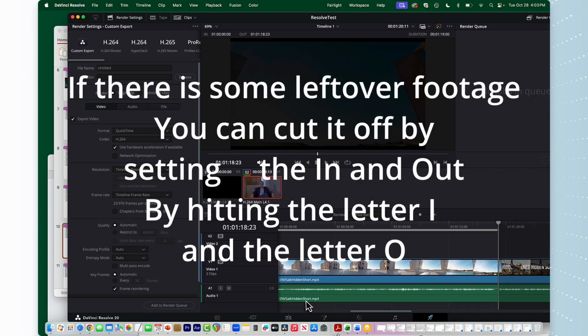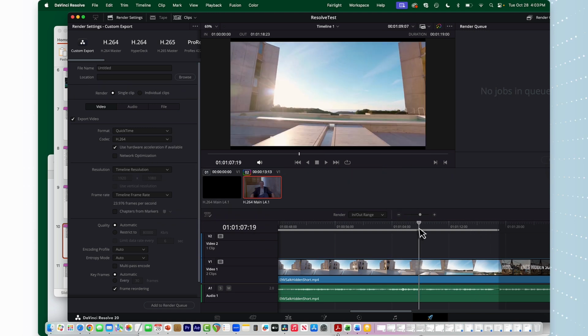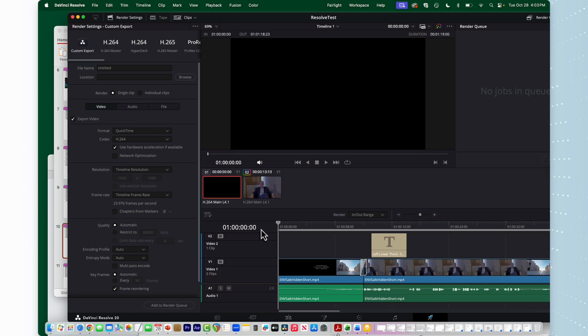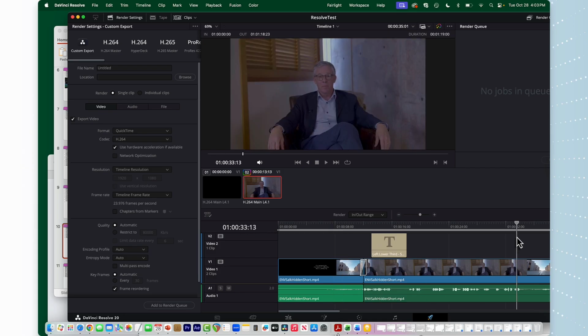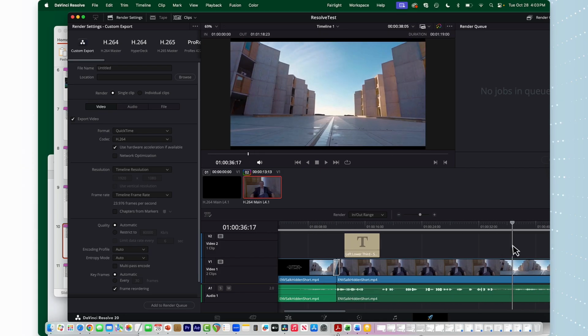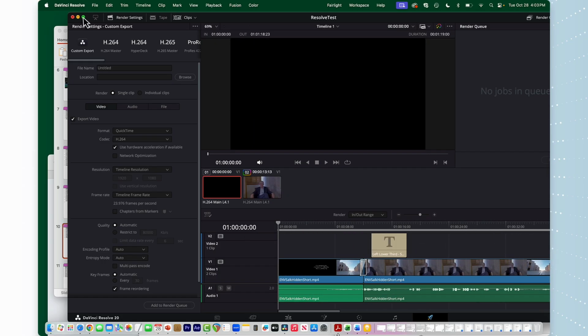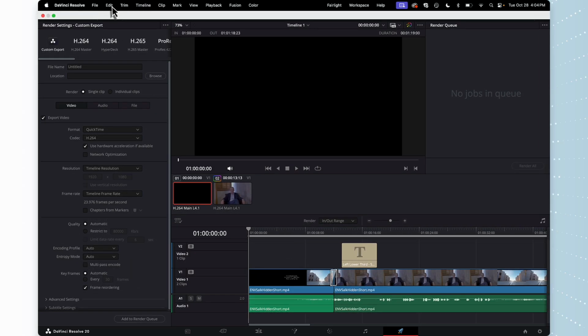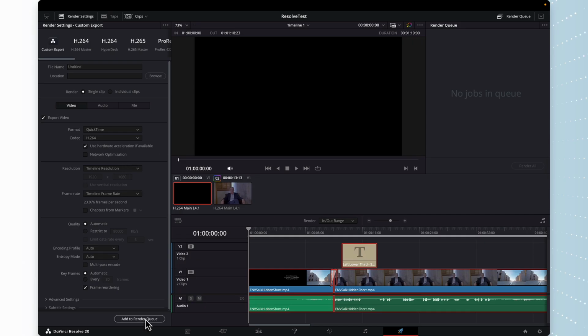out. See how I hit O, and I now will only export just this amount. So I hit I at the beginning, right here. This is I, hit I, and then the end is over here. Yeah, it's at the end of here. So I will now, let's try to get this over here. And we're gonna select all, add to render queue,